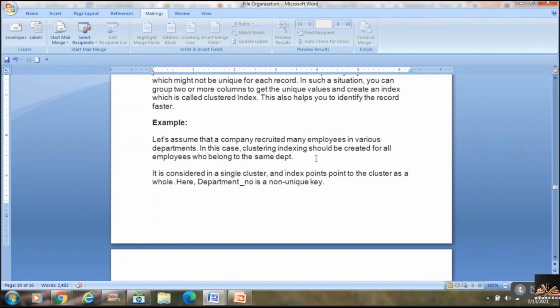So a cluster is a combination of similar things. I'm creating a cluster index for the employees who belong to the same department, and it is considered a single cluster, and the index points to a cluster as a whole.